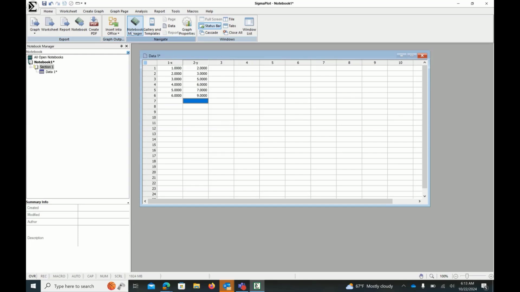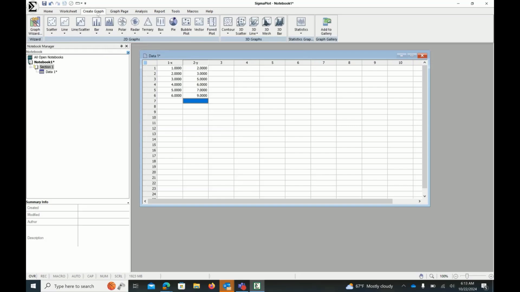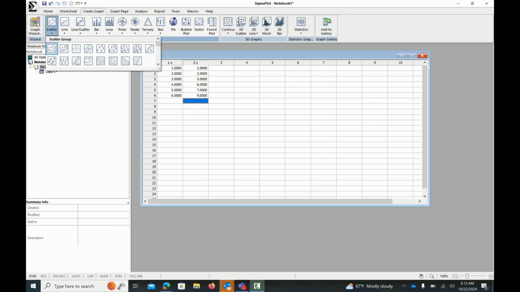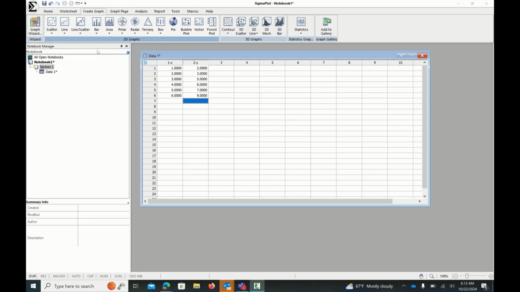Let's go create a graph. Let's go with a bar chart right now. You can see that once you click on create graph, you have different graphs, but this is the main graph type. If you click on it, then you will get the scatter subgroup, whatever group you have, and then all kinds of other graphs you can do within that scatter. Similarly, line plot, scatter line, and bar chart, and so on and so forth. So let's go with a simple vertical bar chart. We can select it, and then it will open up